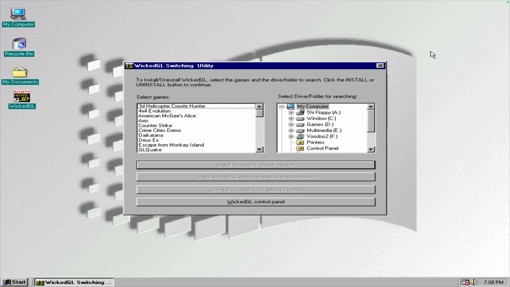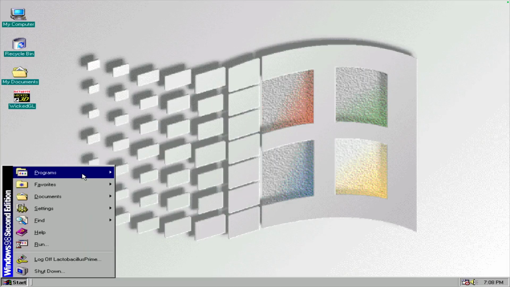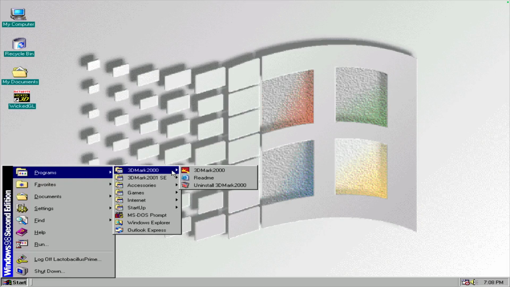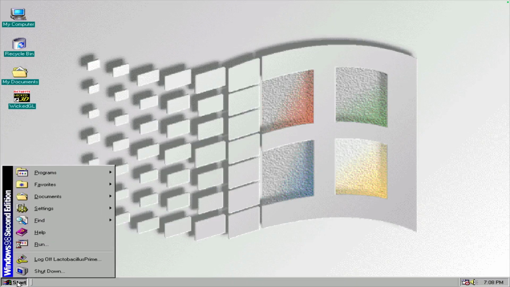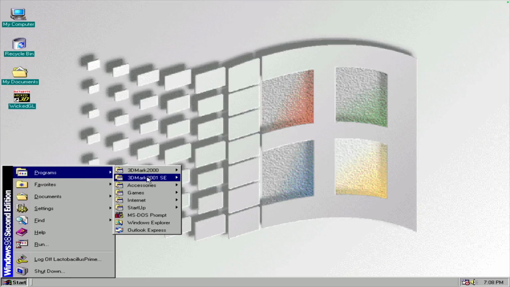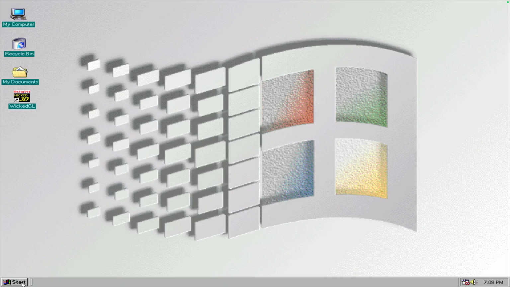Might be an OpenGL thing to use with your Voodoo 1 because DOSBox only supports Voodoo 1, I believe. So I'm not sure if actually... no, it's not installed. I don't think these games will run, because they're not compatible with